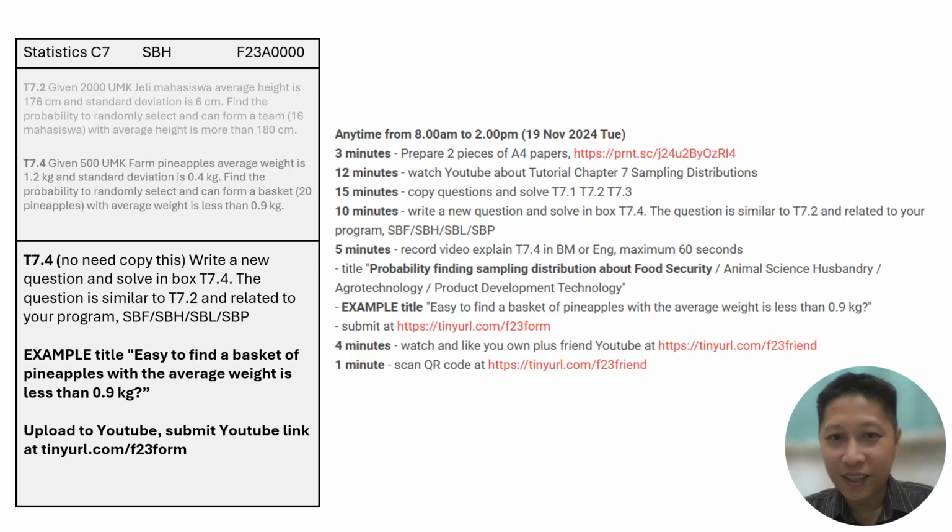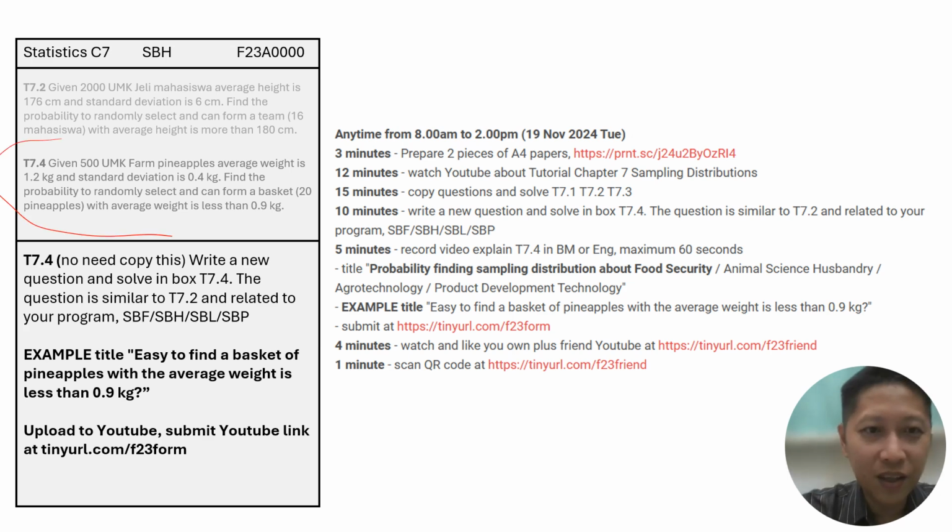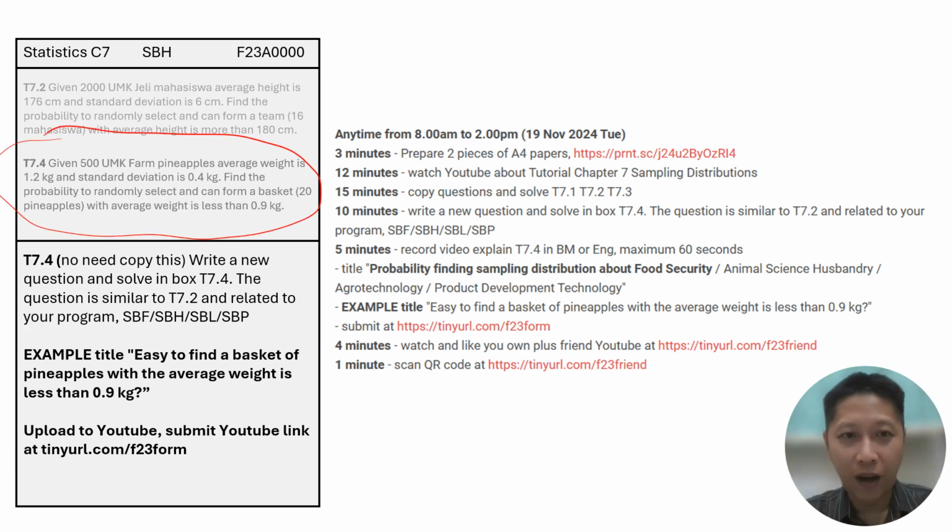Task 7.4. You are going to create a new question, which is quite similar to 7.2. 7.2 is the green color problem. We're going to use the sampling distribution formula to solve. For example, you can write your problem like, given UMK farm has 500 pineapples and the average weight is 1.2 kg. Standard deviation is 0.4 kg. Now, find the probability